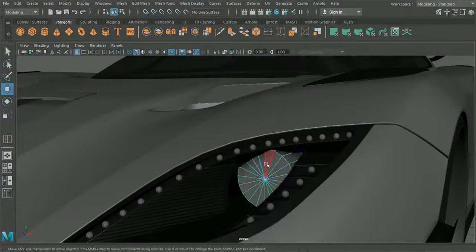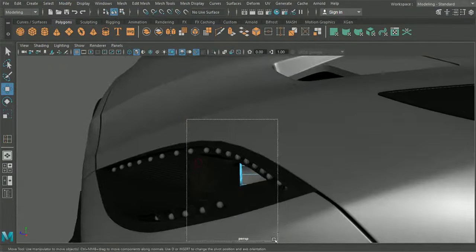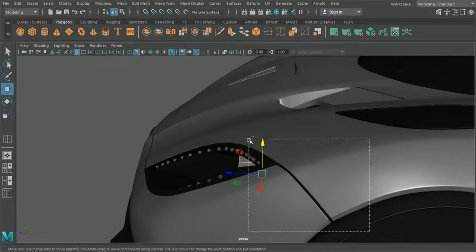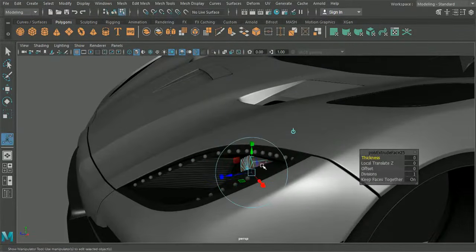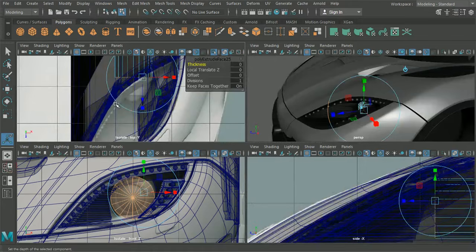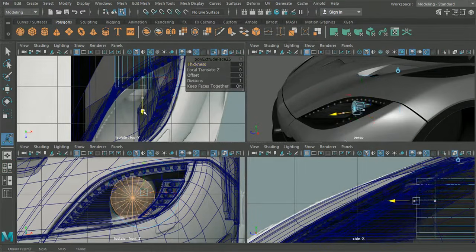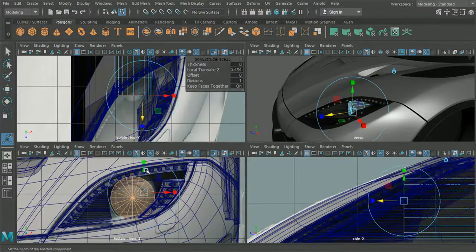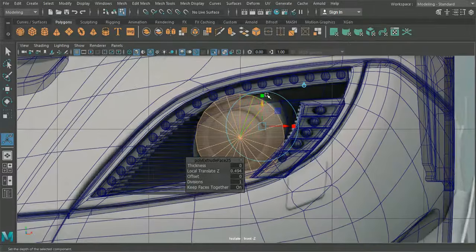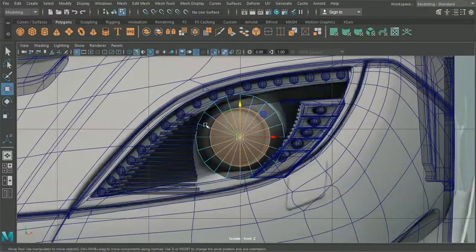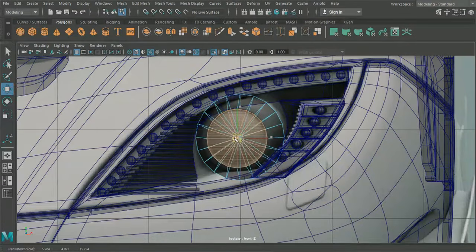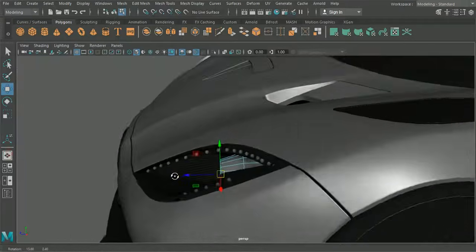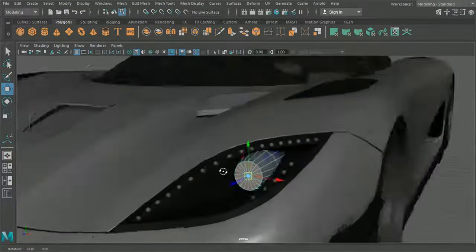So what we'll want to do is we'll want to grab all the front faces here, and we're going to hit Control E, and we can see that this is actually going to come out down here. And then what we can do is we can bring that down to roughly the right size there.